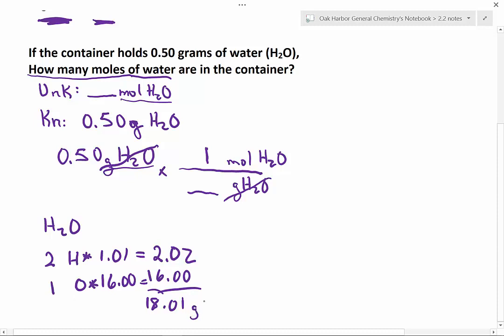That is the number of grams of water in 1 mole of water. So that's the molar mass. That is the number I'm going to put up here, 18.01. Now I go to my calculator. Come on, calculator, we can do this. And I'm going to multiply anything that's on the top, so it'd be 0.5 times 1. Of course, that's just 0.5. And then I'm going to divide by 18.01, and that gives me